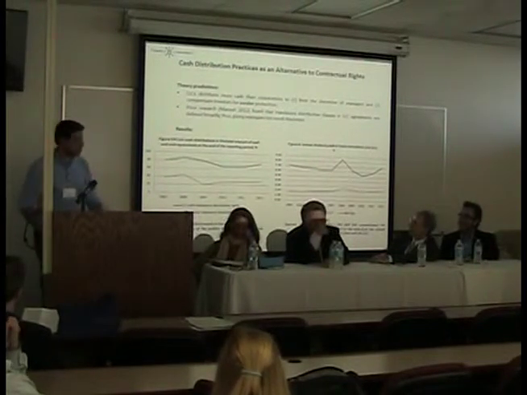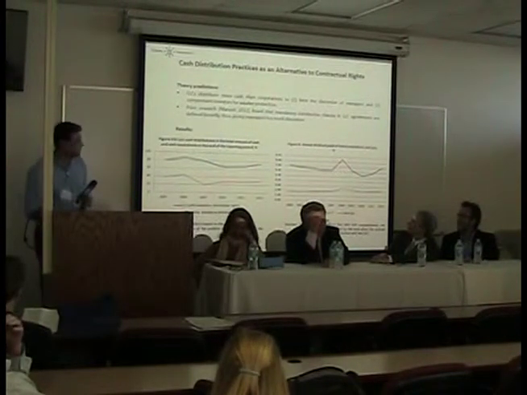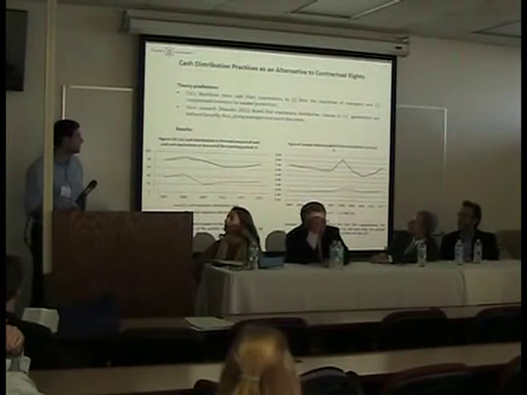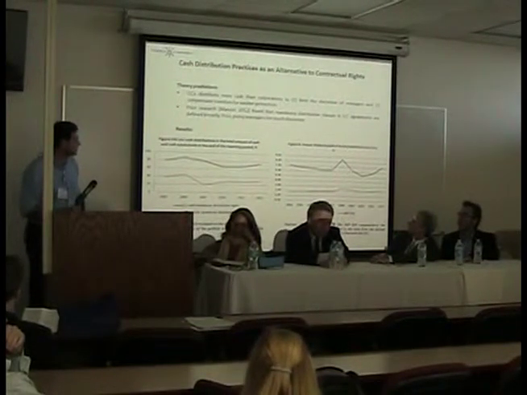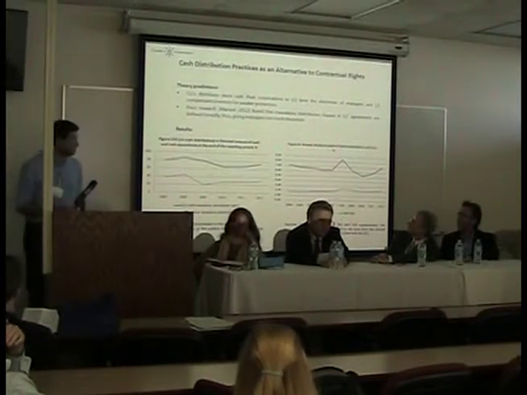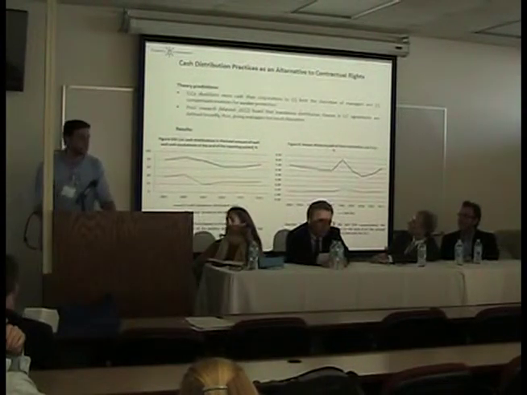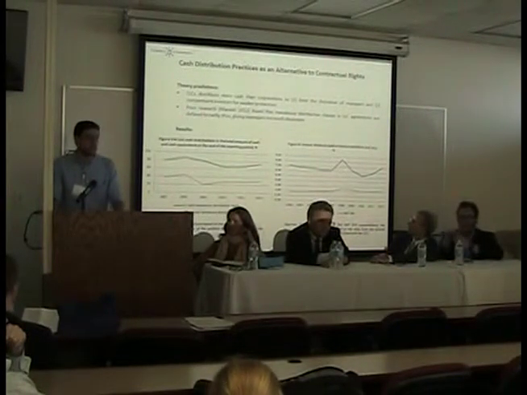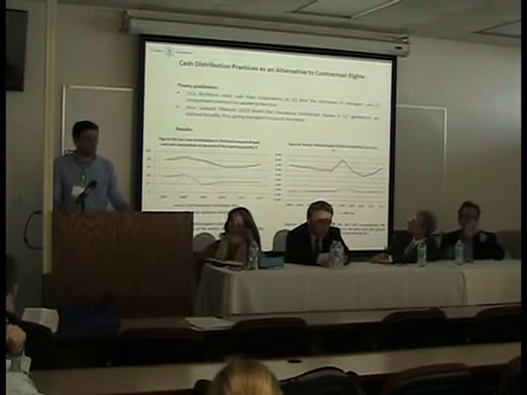So I looked first at a figure which is on the right side. I compared S&P 500 companies with my sample companies to see what is the difference between the annual dividend yield, and you can see that in S&P 500 companies it's around 2%, and in the sample LLCs it's around 7%, which is quite a significant difference. And then the figure on the left side here, I mentioned specific distribution rights in the agreements. These are the rights where the company is obliged to distribute all available cash. There is a concern that these provisions are defined very broadly, and they give broad discretion to managers.